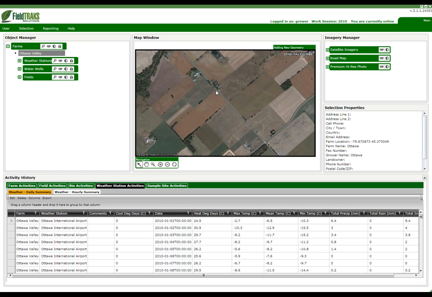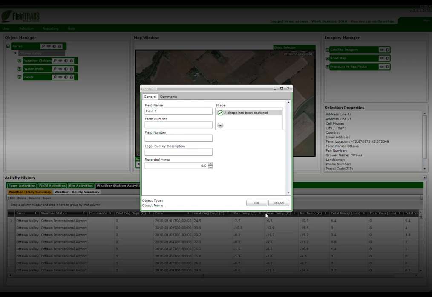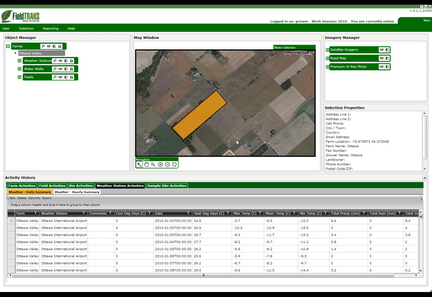So I'll click here and here, over in the other corner. And to finish the polygon, I hold down the Control key and click the coordinate with my left mouse button to close the polygon. Everything's being captured. I hit OK, and now that field is in my list of fields over here that's ready